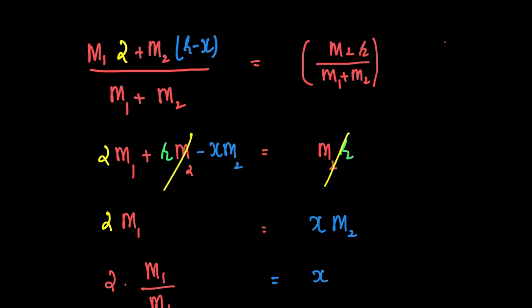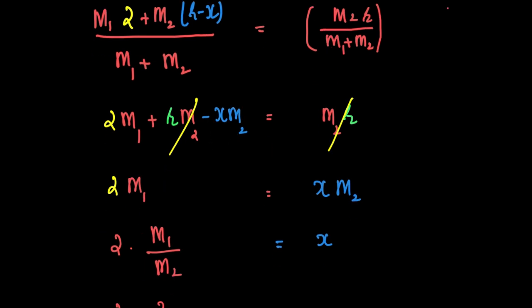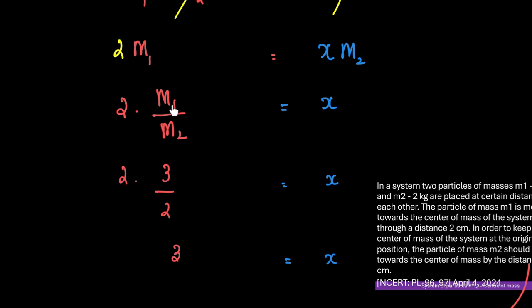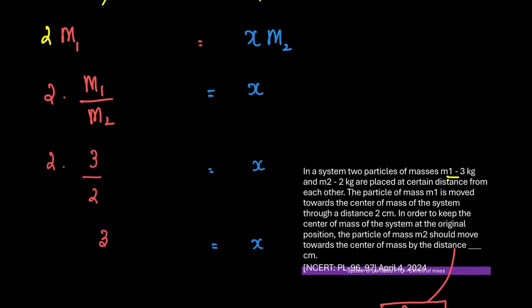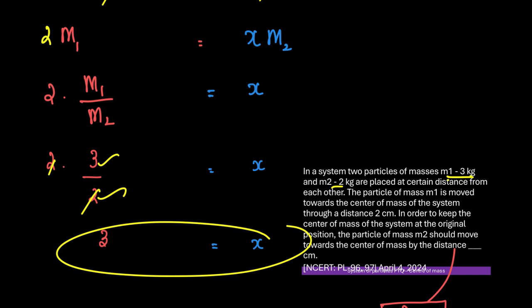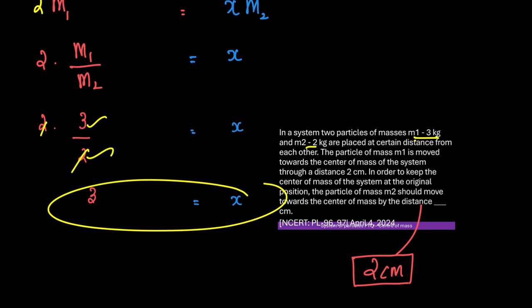rm2, m2r will cancel. So what we get is 2m1 is equal to xm2. We transpose minus xm2 here. So 2m1 by m2 is equal to x. Given in the question that m1 is 3 kilogram, m2 is 2 kilogram, 2 by 2 is 1, so the value of x is equal to 3, and therefore the mass m2 should move a distance